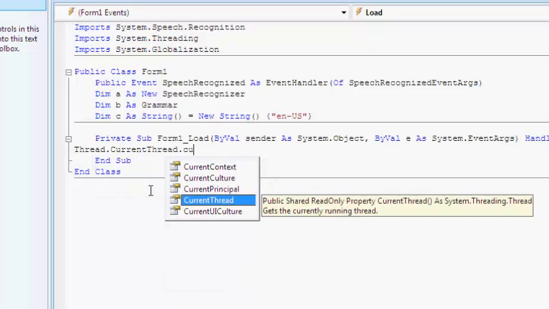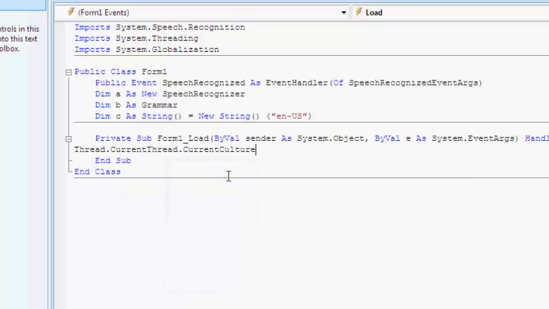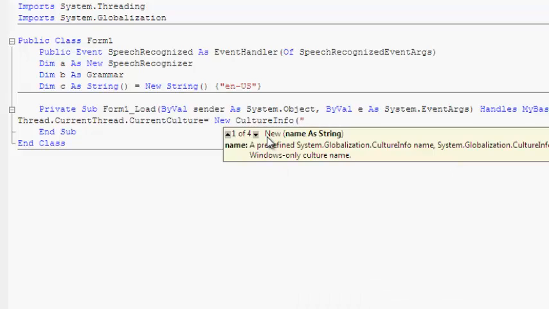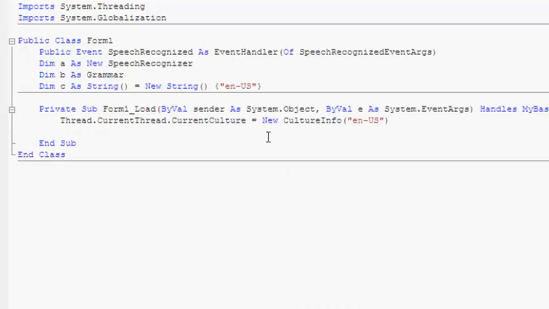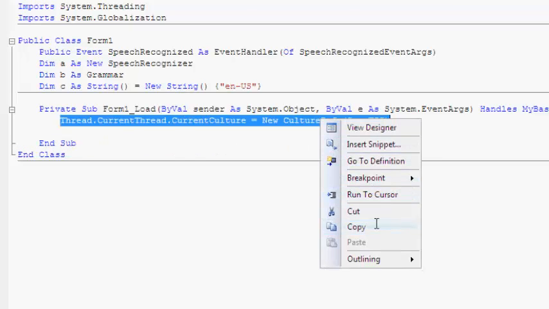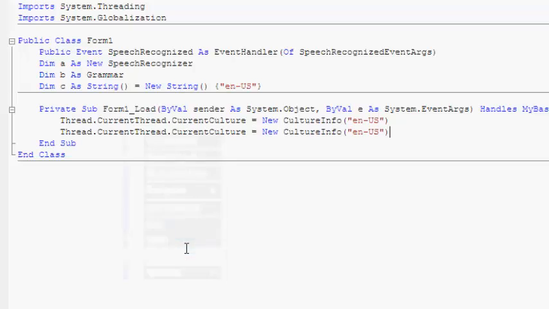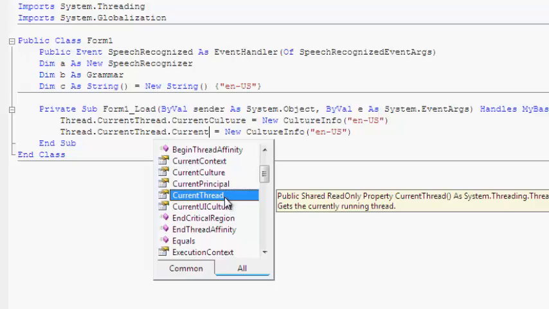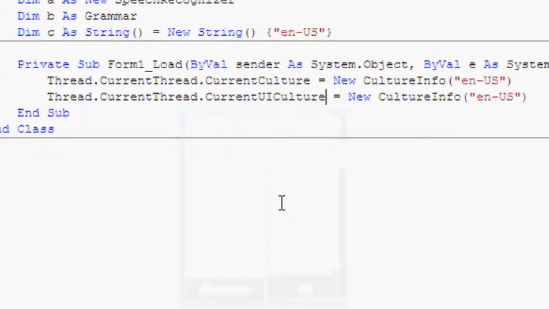Okay, so let's set Thread.CurrentThread.CurrentCulture equal to New CultureInfo for the English language, English US. Okay, so downline, just copy this one above and paste it downline, change the CurrentCulture to CurrentUICulture, and that's all.